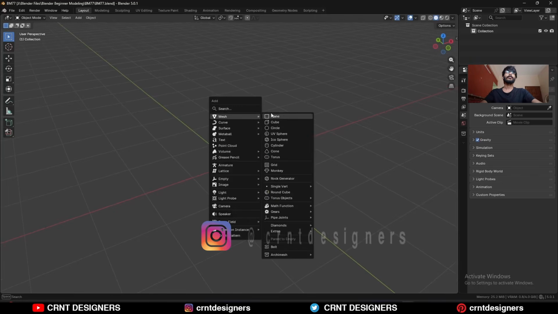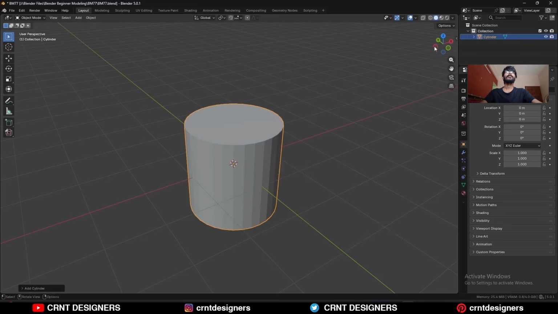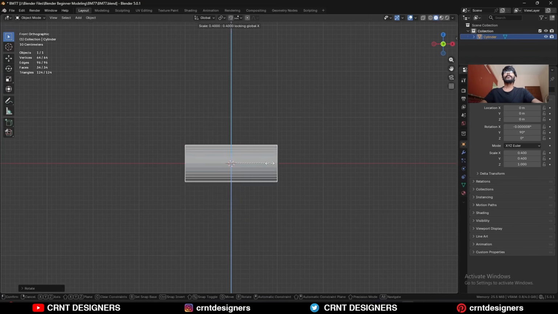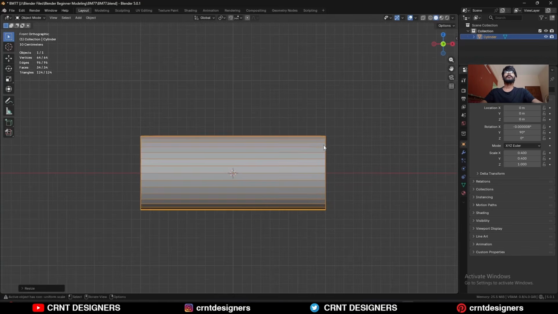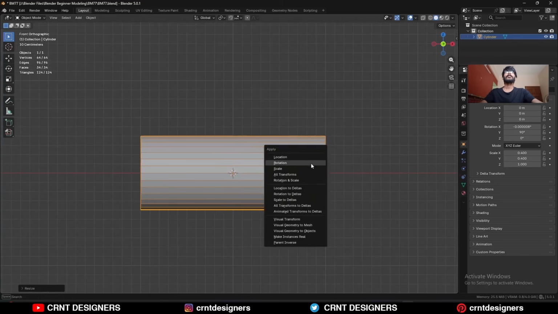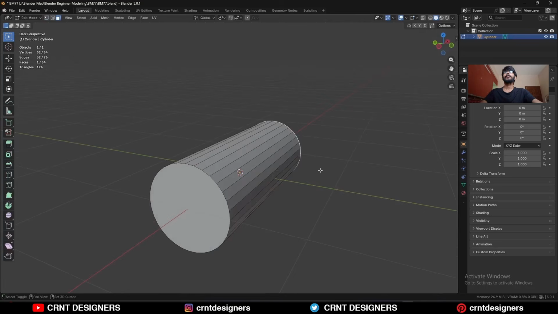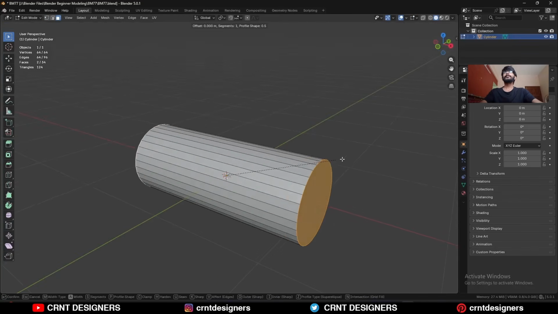To create this design, I am going to add a cylinder, turn on the statistics and wireframe, rotate the cylinder 90 degrees, and then press S and Shift X to scale it along the Y and Z axis. So I will get something like this. Apply the rotation, apply the scale, go to the edit mode, select these side faces and press Control B to add a bevel